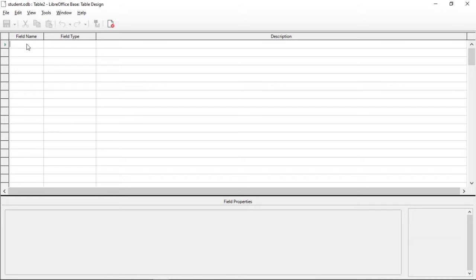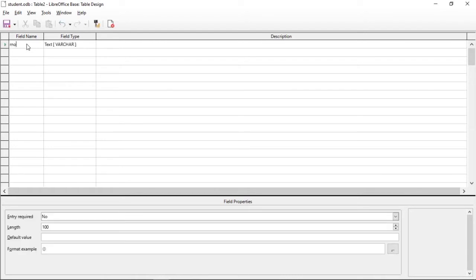Suppose we are creating a table for student, then the different fields can be, suppose, roll number, that is RNO. This is a short form for roll number. So here we have to type the field name that we want. It is not necessary that it should be RNO. It can be anything like RL, roll number, etc.